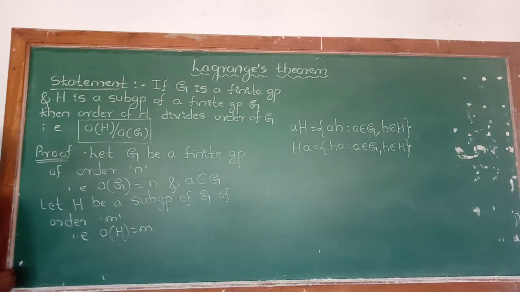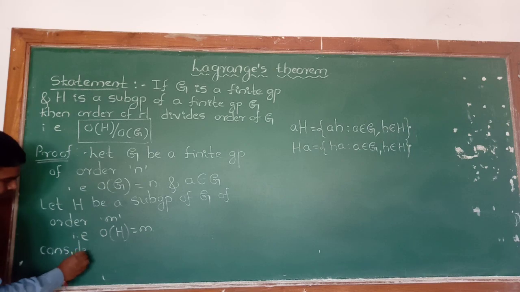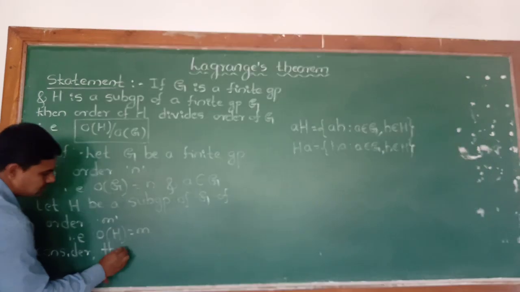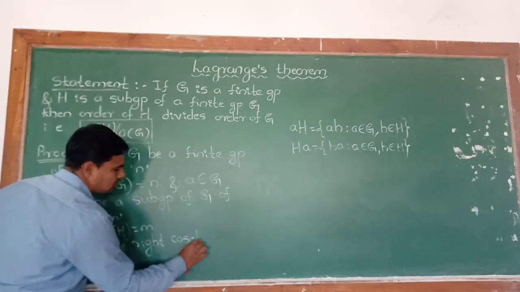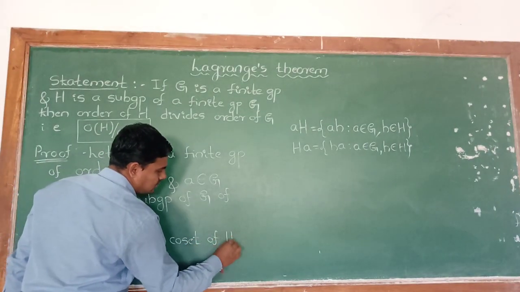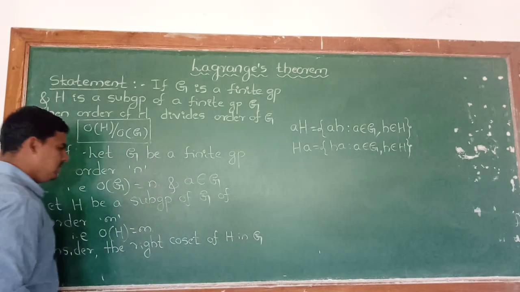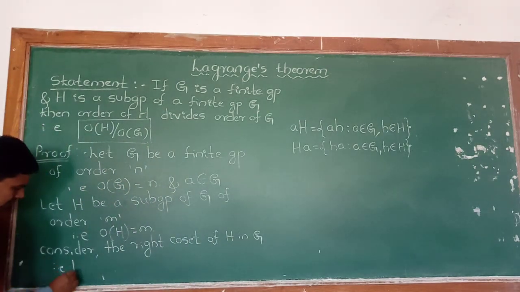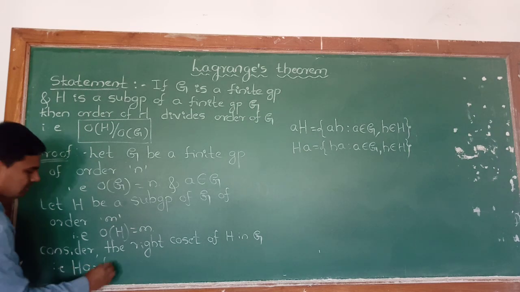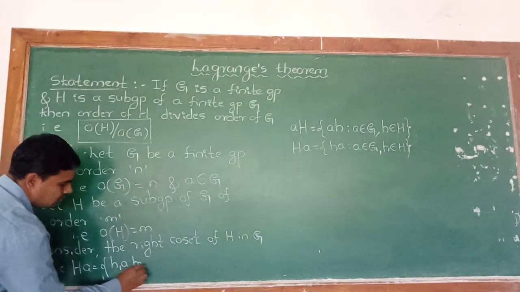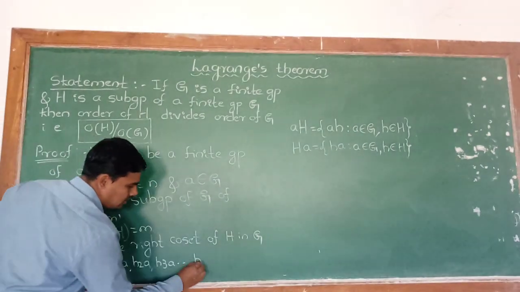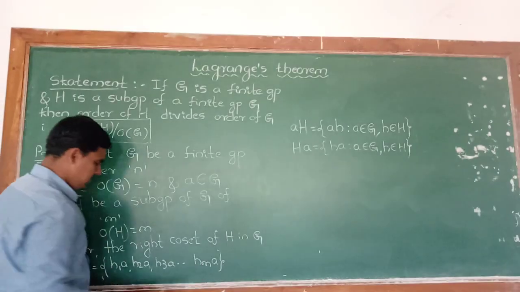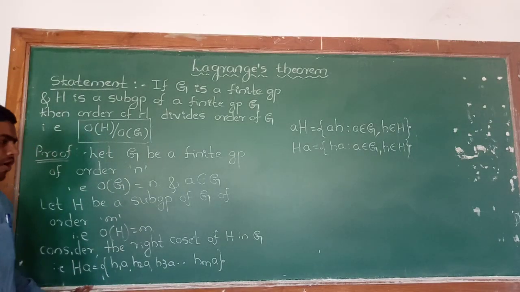Then consider the right coset of H in G. That is Ha equal to h1a, h2a, h3a and so on, hma. This is a right coset of H in G,